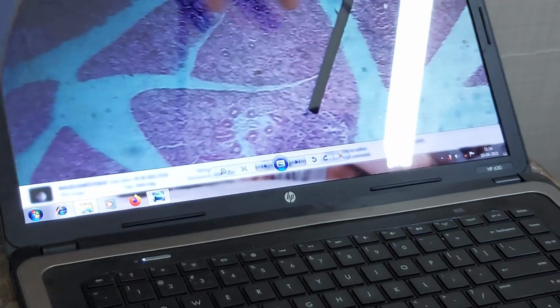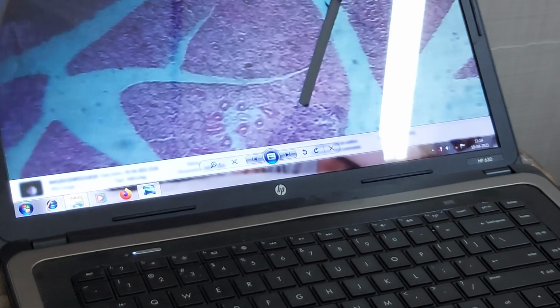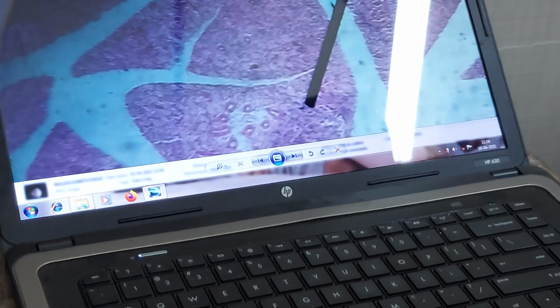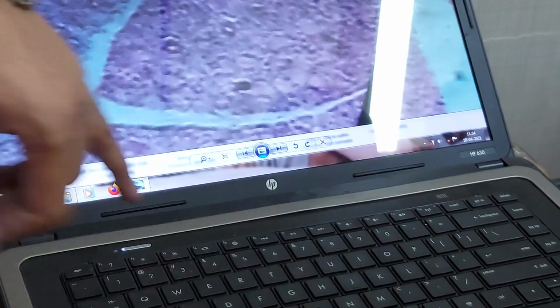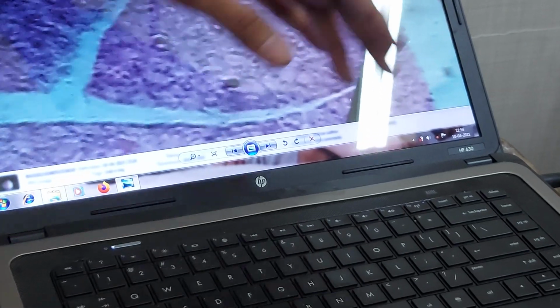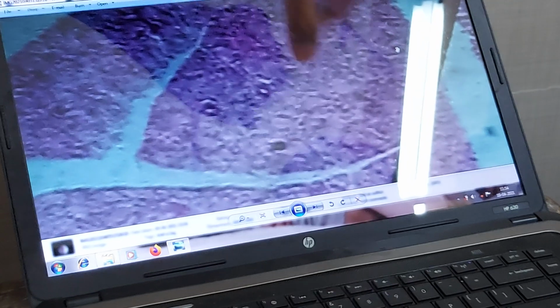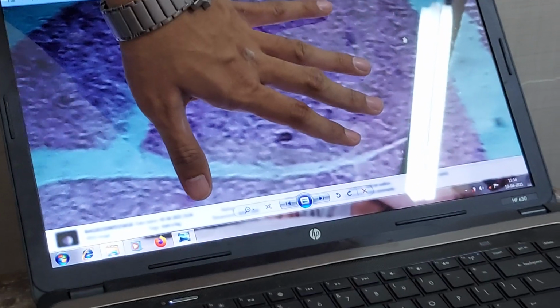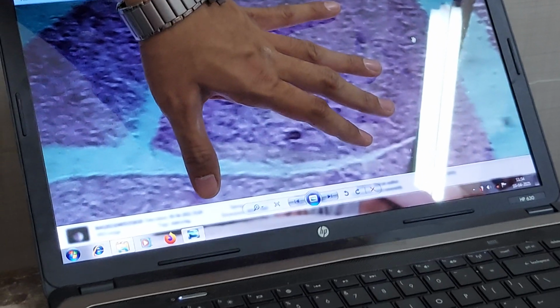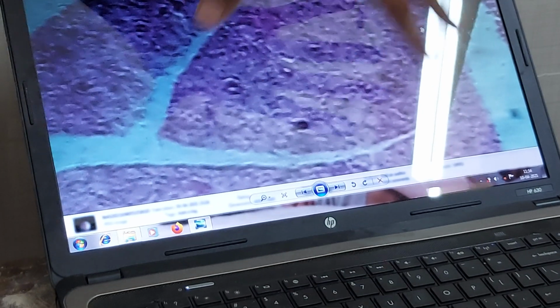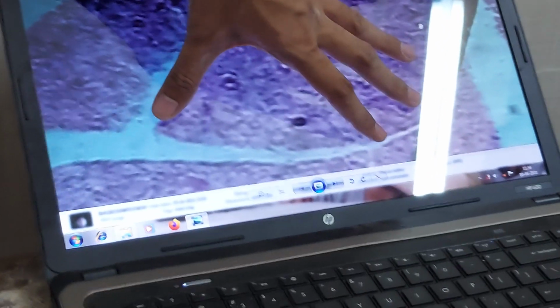Could you identify any color difference over here? No. Like earlier? No. I'll zoom it. Could you find any color difference? Uniformly colored, and ducts are present and multiple lobules are present. So this indicates which gland? Obviously an exocrine gland, with uniformly arranged cells. Only one color, no difference of color.